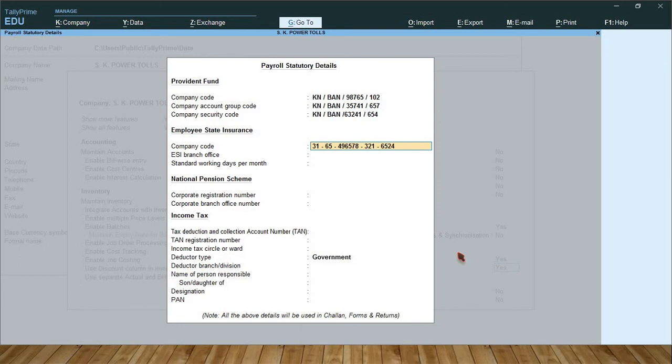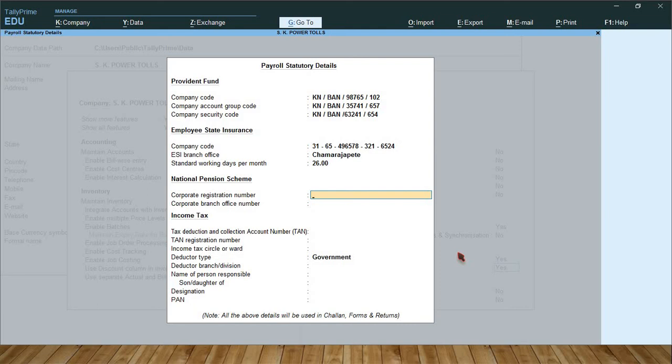So 31 is the state code, 65 is the establishment number, and 496578 is the employer code, 3216524, that is the employee's registration number. ESI branch, Chamarajapete. Standard working days per month 26 days.